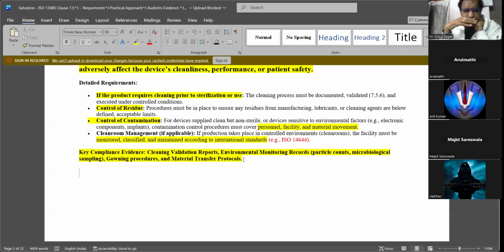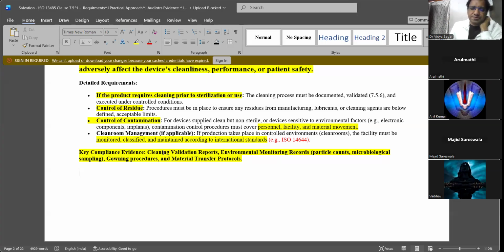There will be exchange boxes. This will be meticulously done, but still there is a scope of contamination.